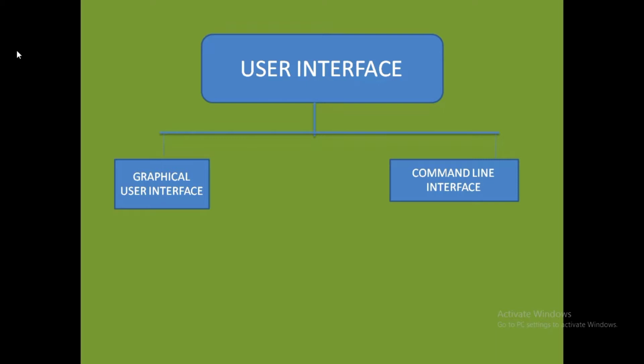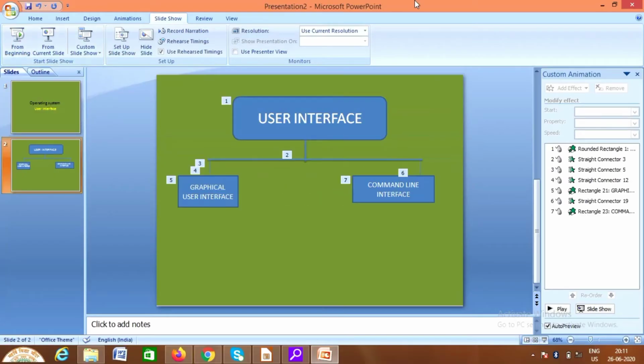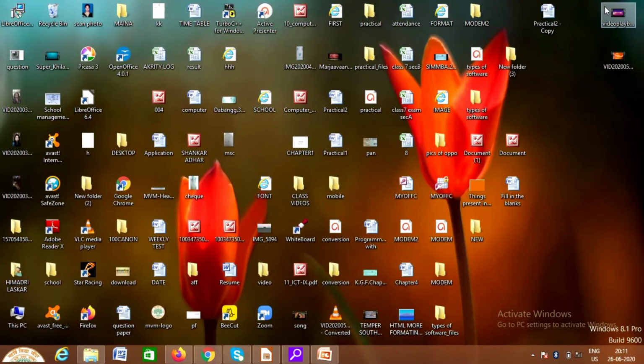Fine. So now I will show you both the interfaces so that you get a clear idea of what is graphical user interface and command line interface. Okay, so I'll go back here and this is the interface, because using this we can interact with the computer. Here we have got so many icons. It is very colorful and there is a taskbar, start button, and I am using my mouse and all. So this is a graphical based interface.